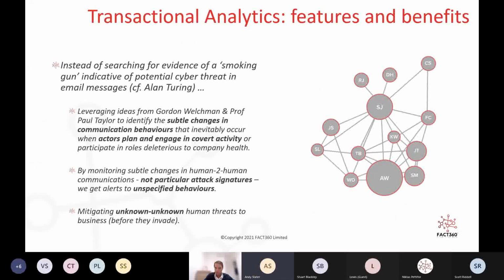A little bit of a history lesson, but it's fascinating where this concept came from for the team that started at Goldsmiths. This is based upon some work that was performed by Gordon Welchman during World War II. He was based in Bletchley Park, in the hut next to where Alan Turing was actively trying to crack the Enigma code. What Gordon Welchman was doing was building out a visual network of the German commanders